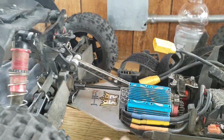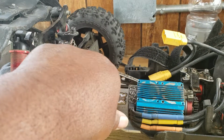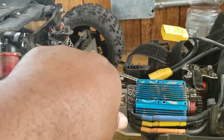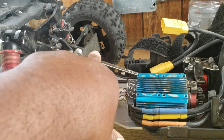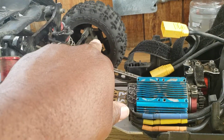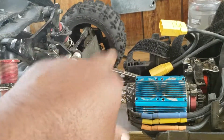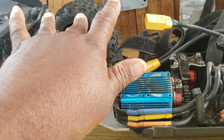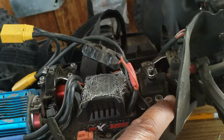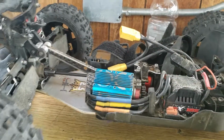If you got a stock Creighton, make sure y'all get some aluminum braces though, man. If y'all ain't doing too many upgrades, before y'all jump it or bash it, get some aluminum braces. The plastic braces will break and you'll bend your chassis and whatnot. So invest, it doesn't cost that much, good investment. Decent braces though. If you're not gonna upgrade too much, braces and the servo mount automatically. But yeah, this Hot Racing